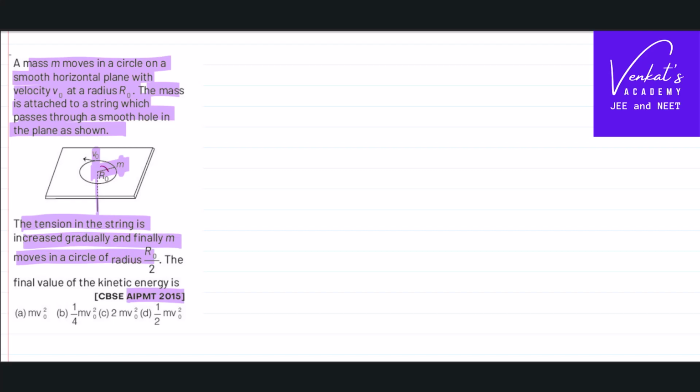Now it's not moving in the r0 circle but in a different circle of radius something like r0 by 2. In that case, what is the final kinetic energy of that particle? That's what the question is, right? The first thing is, being a body in circular motion,